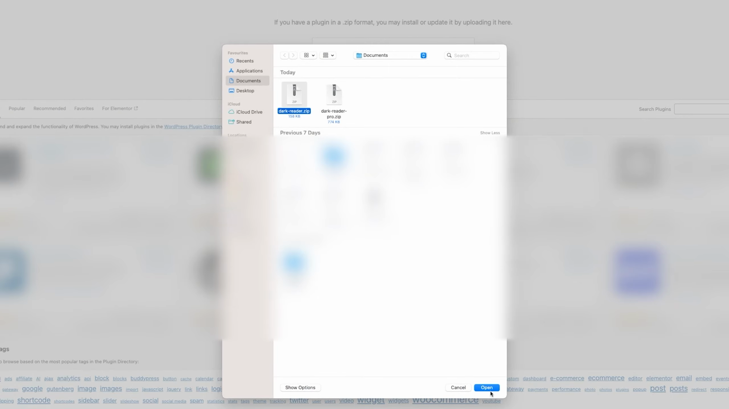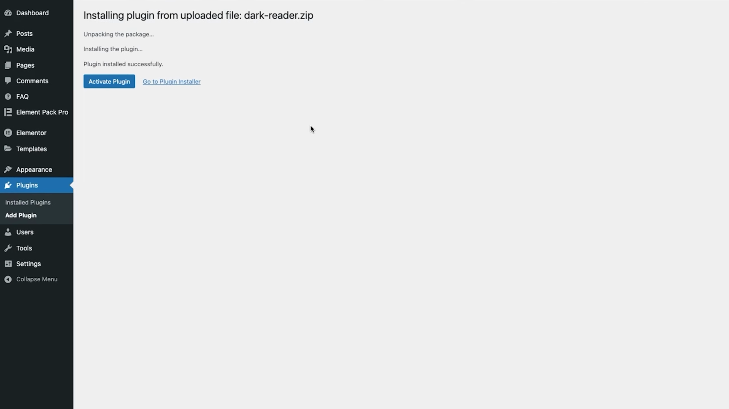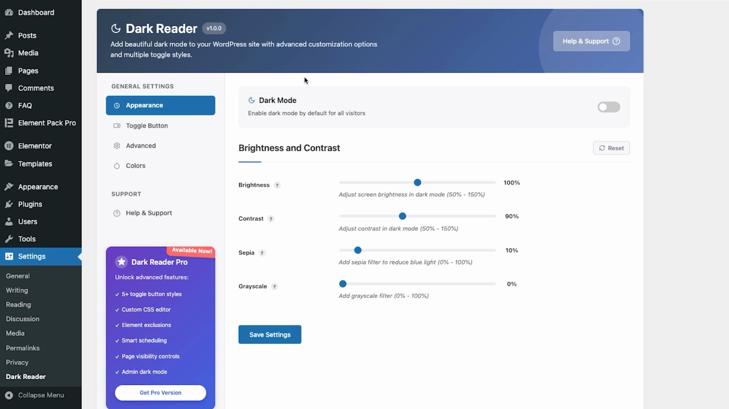For this demonstration, we are beginning with the free version of Dark Reader. Once the file is selected, click the Install Now button. When the installation completes, click Activate, and the plugin will immediately integrate into your site. After activation, you'll be taken to the Dark Reader Settings panel, conveniently located under the WordPress Settings tab. At this point, the plugin has been successfully installed, and we can move on to customizing it to suit your